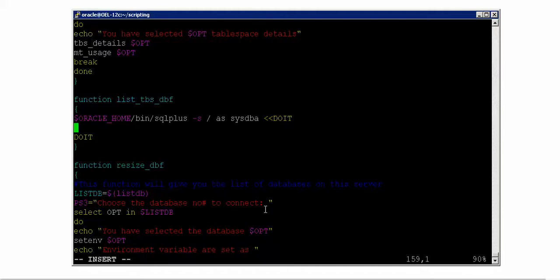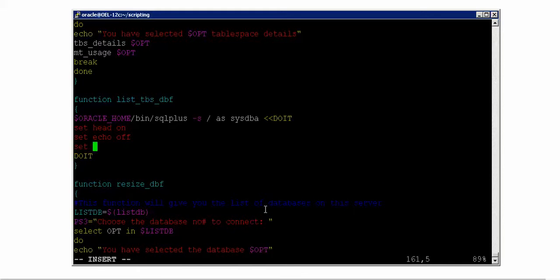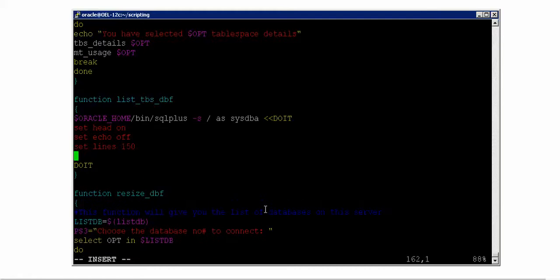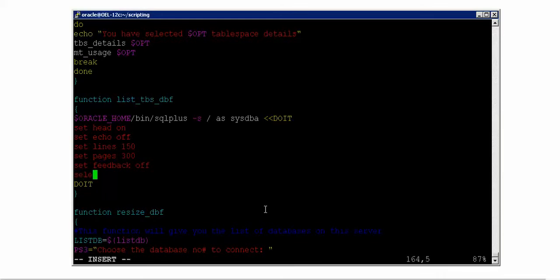Now I should say set head off, set head on, because I should show them the table space name and the data file name. Set echo off, set lines to 150 and set pages to 300, set feedback off, and then select tablespace_name comma file_name from dba_data_files.